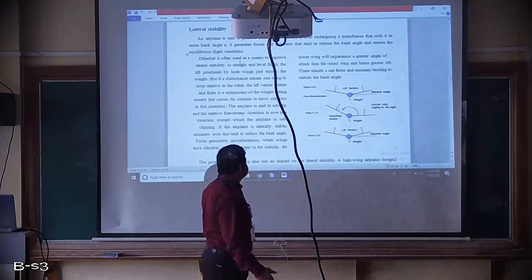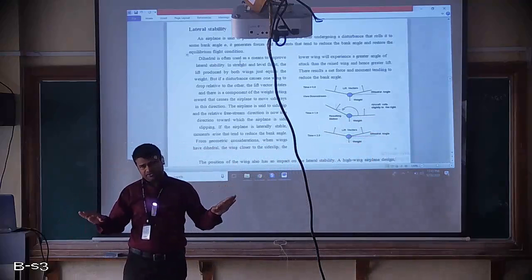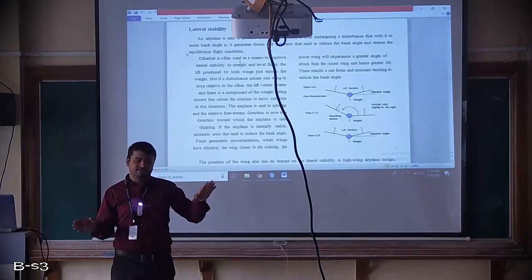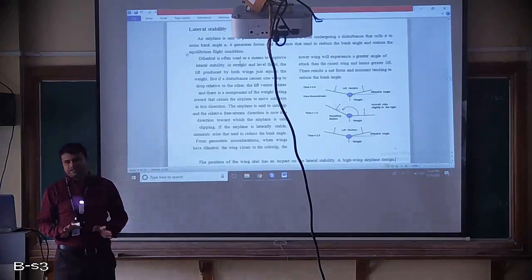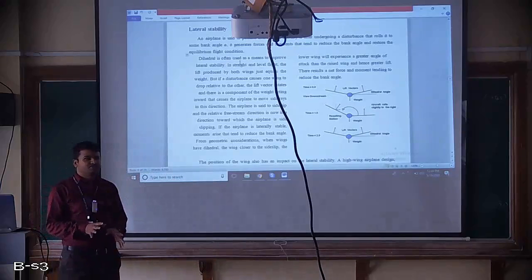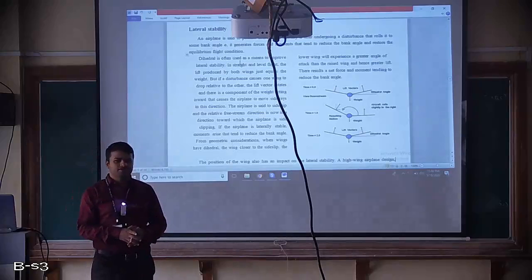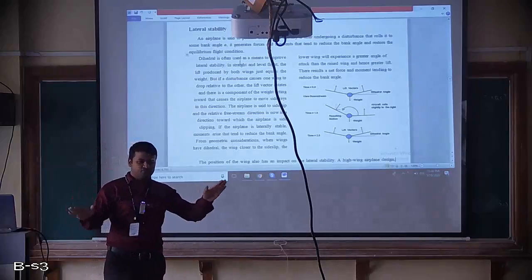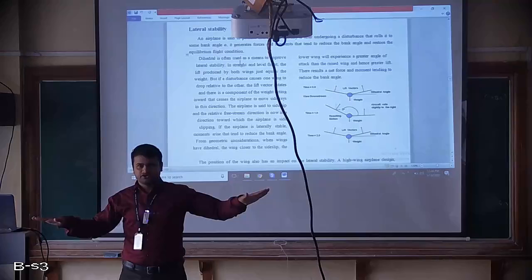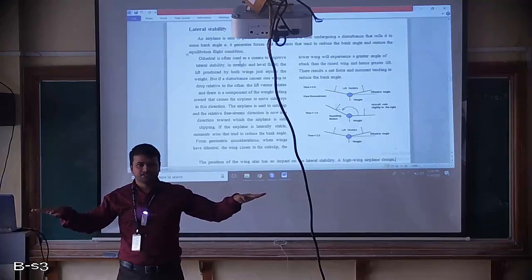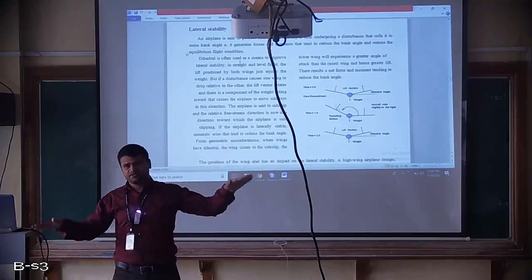That's called the lateral axis. Now what will happen? The movement of your aircraft is happening with respect to that, either in the left side direction or right side direction. That will cause a rolling movement of the airplane, or it will make your aircraft laterally unstable. So what do we have to do to maintain lateral stability? If it is moving in this way, do something and allow your aircraft to come back to its original position. Keep your wings straight. Don't bend. If it is bending this side, keep it straight.